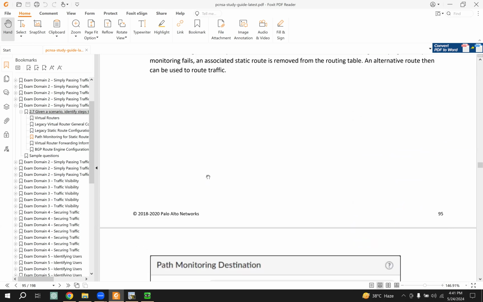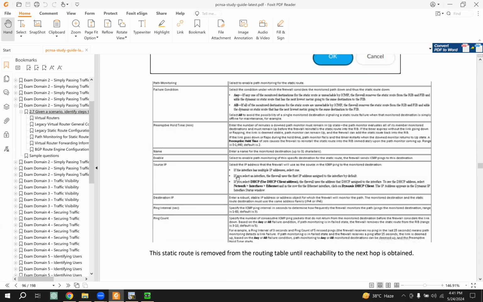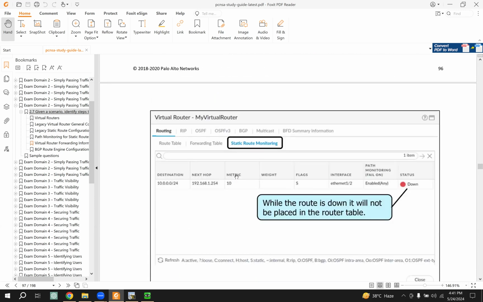And in this section, set the name, and you have to set the source IP, and you have to set the destination IP. If the destination IP is unreachable, you will get the route